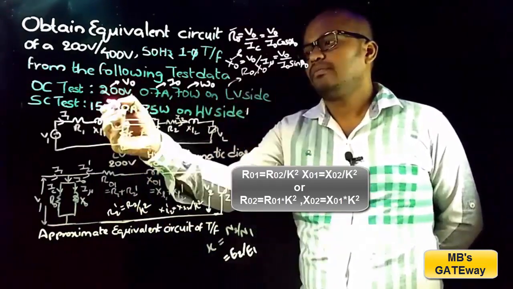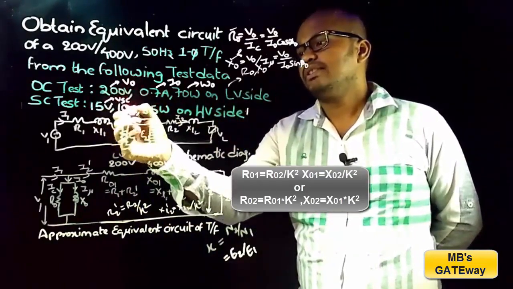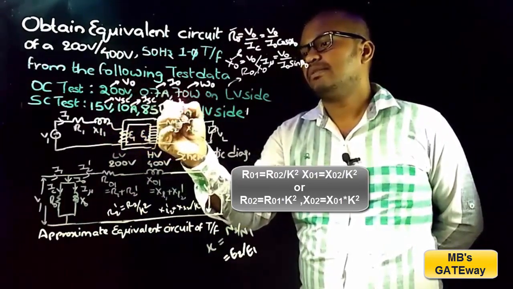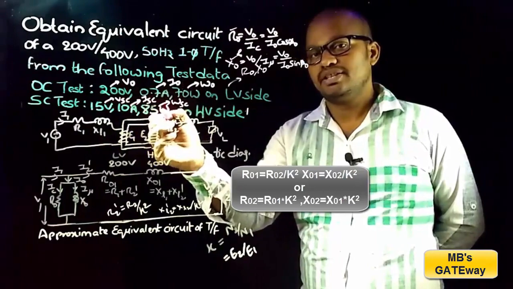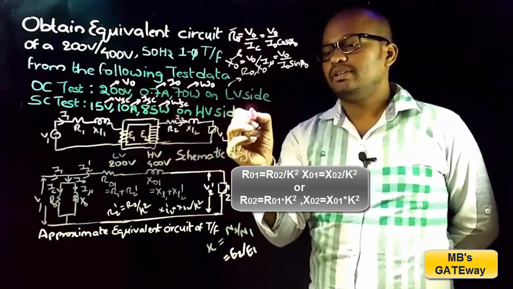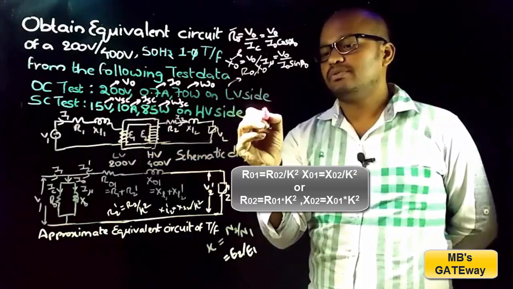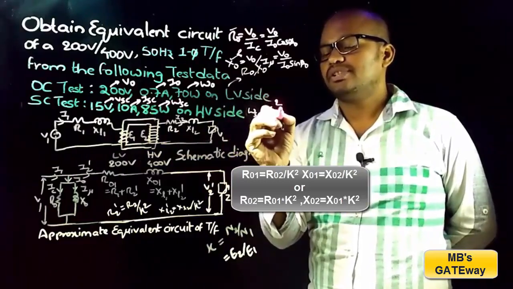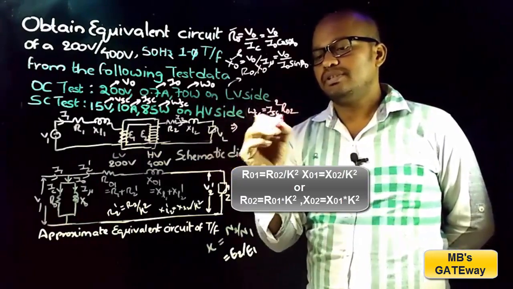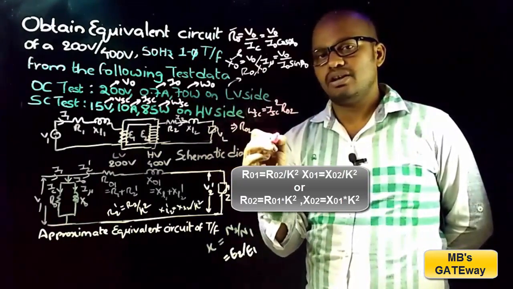So this is VSC, this is ISC and this is WSC, which can be taken as equal to the copper loss of the transformer. So from the given data, WSC is equal to ISC square into R02. So by using this we can find R02,